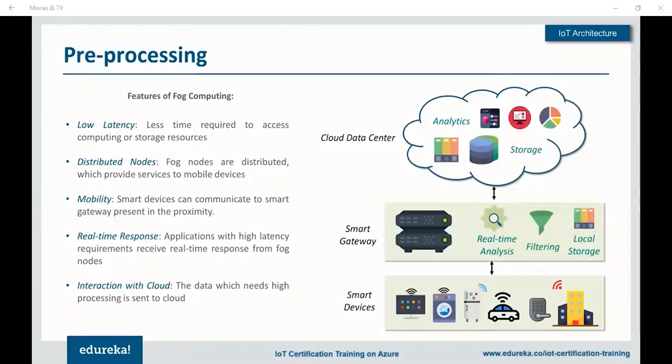And this in turn can also lead to a real-time response from the gateway. Once I have a real-time response, it is making my system faster. And as in the previous example, rather than just clearing one signal, I can clear an entire path for the ambulance. Now, once I have relevant information, those which are necessary or which I need to analyze can be sent to the cloud system as and when